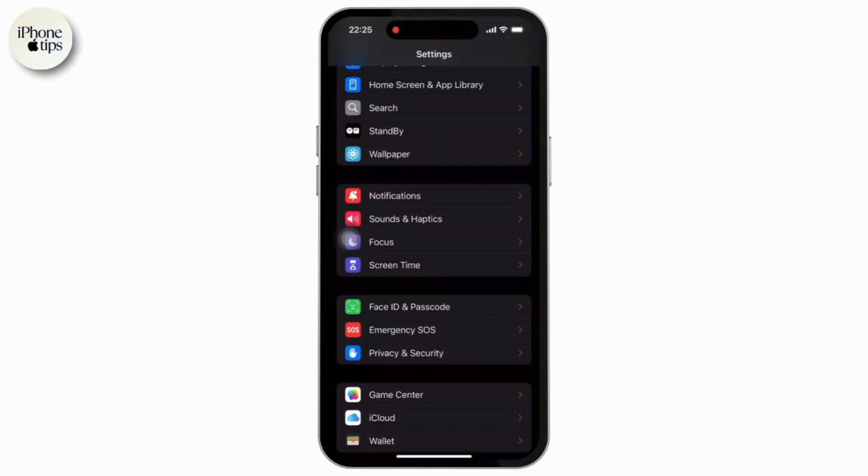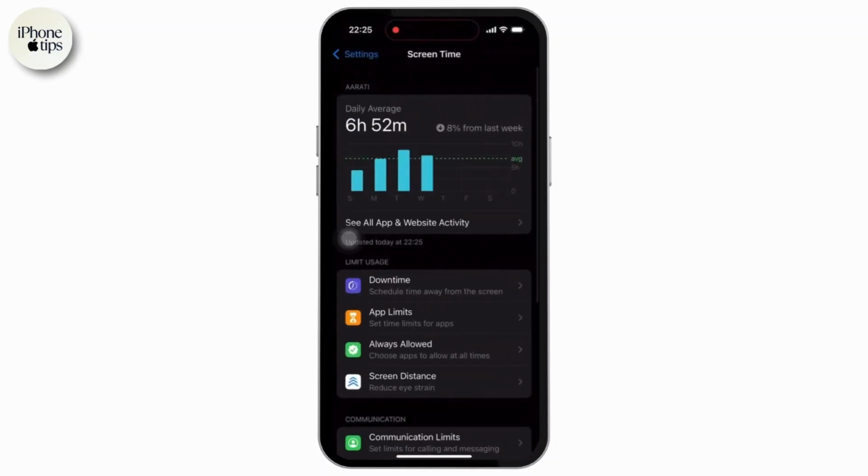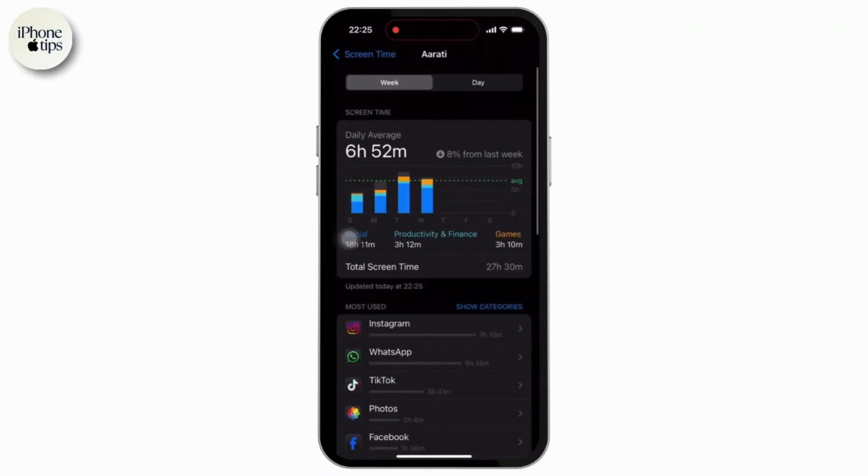Inside Settings, scroll down and tap on the Screen Time option available there. Here, you will see your daily average usage and total screen time for the past day or week. You can also tap on See All Activity for more detailed insights, including the breakdown of time spent on